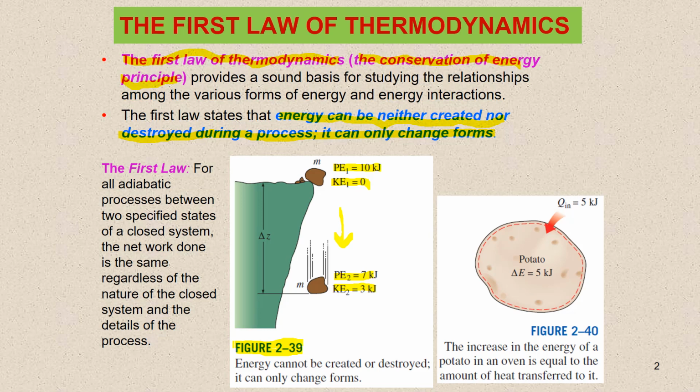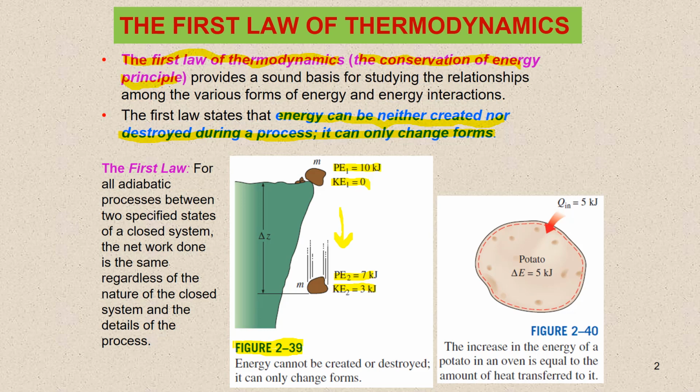Note that the first law makes no reference to the value of the total energy of a closed system at a state. It simply states that the change in the total energy during an adiabatic process must be equal to the net work done. Therefore, any convenient arbitrary value can be assigned to the total energy at a specified state to serve as a reference point. Implicit in the first law statement is the conservation of energy. Although the essence of the first law is the existence of the property total energy, the first law is often viewed as a statement of the conservation of energy principle.